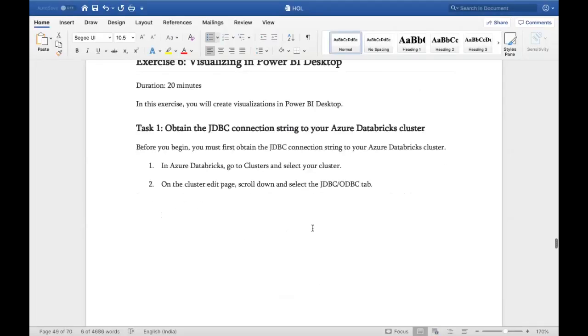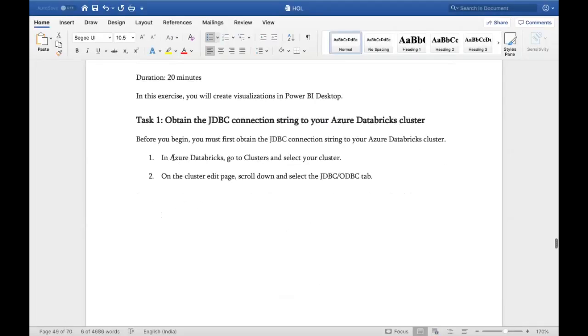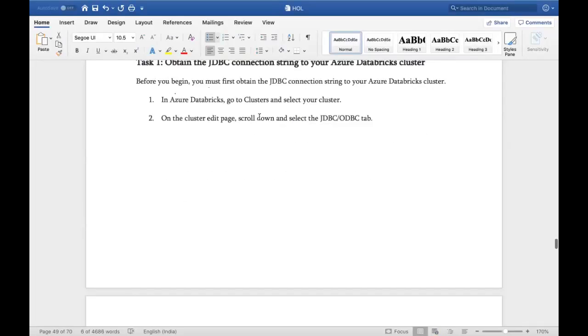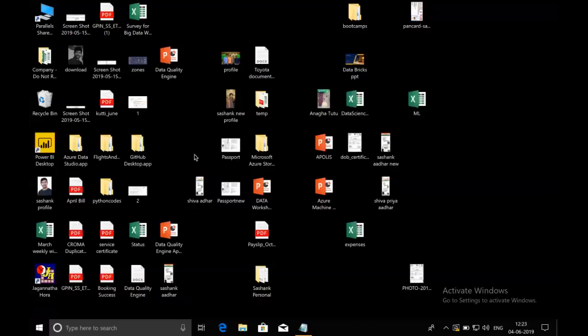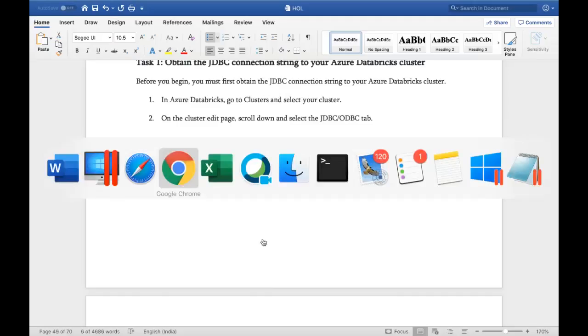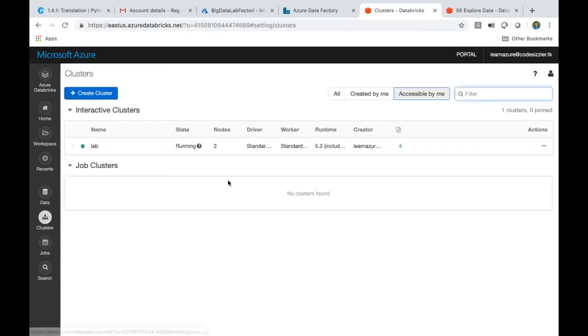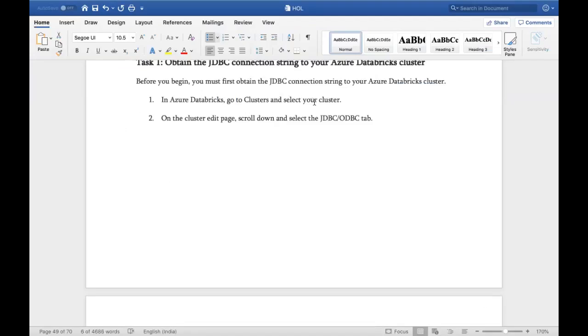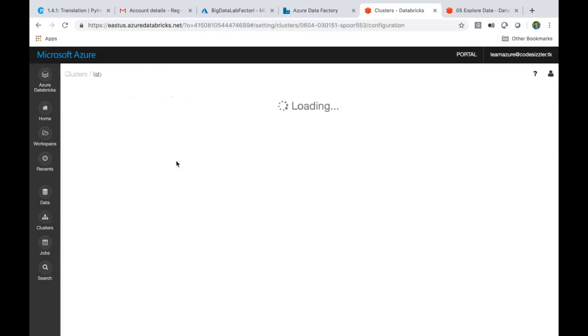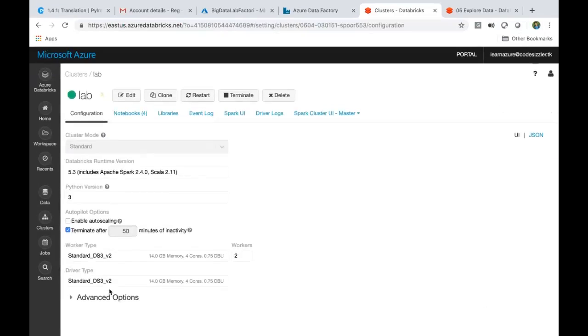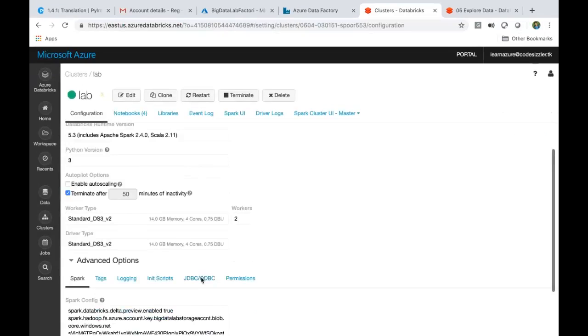In the meantime, I'll go to my Databricks account, go to clusters, and just go to the cluster here, and then I'll go down to JDBC connections. Let's do that in the meantime. Select a cluster and go down for JDBC connections. Open this, go to the advanced sections here, JDBC connections, right?